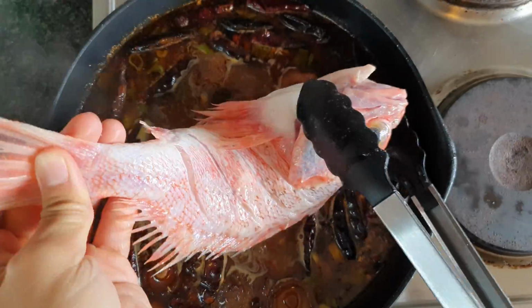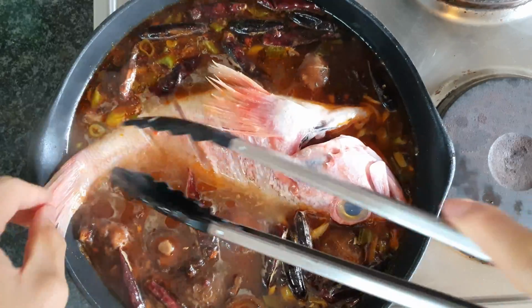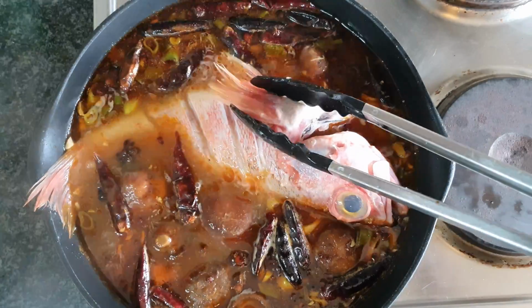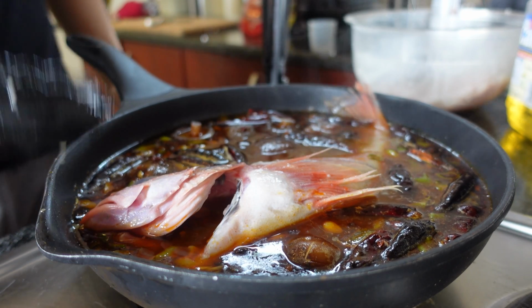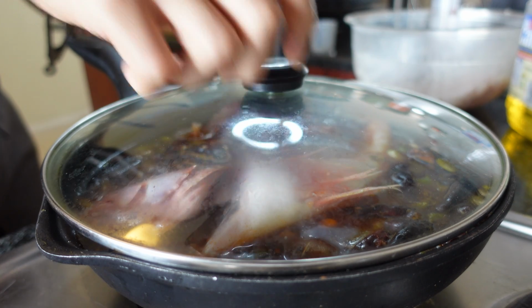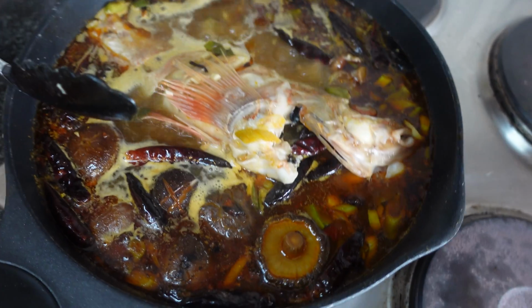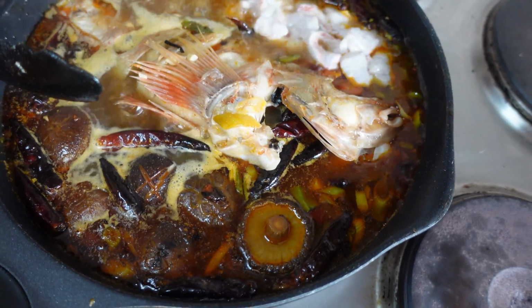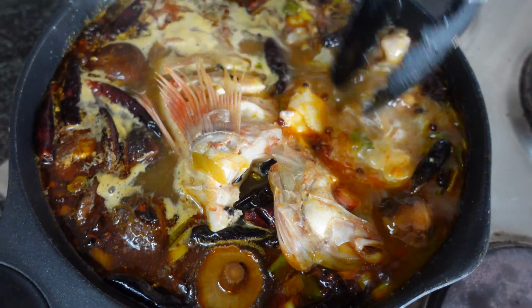After the 10 minutes is up, it's time to add your fish. This part will be super quick, so be on your toes. We'll be cooking the fish for roughly 1 to 2 minutes, the whole fish going in first. And after the 1 to 2 minutes, we'll be adding the little cut up pieces. Main reason why we're adding the big fish first is because it takes a little bit longer. As for the little cut up pieces, they also take roughly 1 to 2 minutes. So we'll be adding that right at the end and give it a quick toss and you'll be ready to